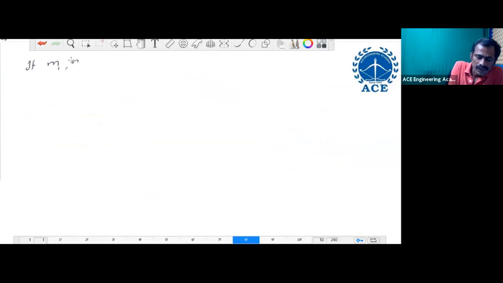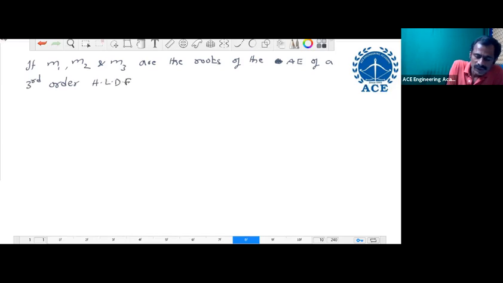If m1, m2, and m3 are the roots of the auxiliary equation of a third order homogeneous linear differential equation in y, then the third order homogeneous linear differential equation in y is given by